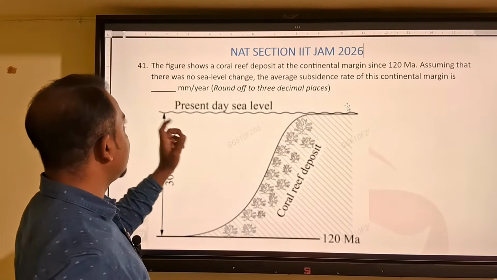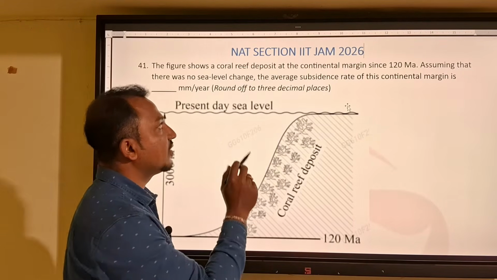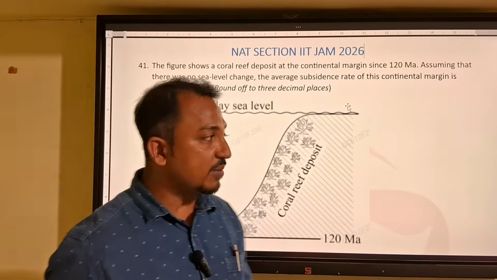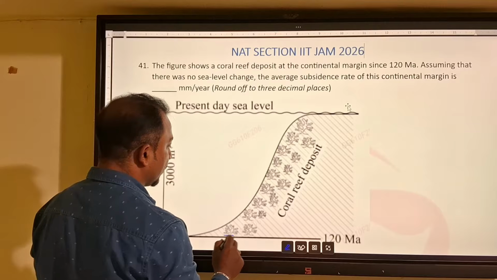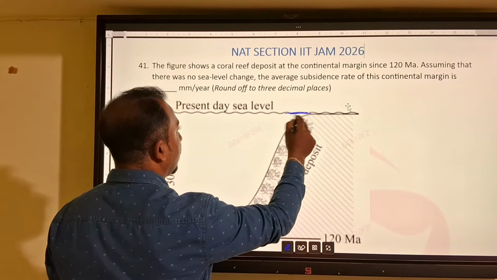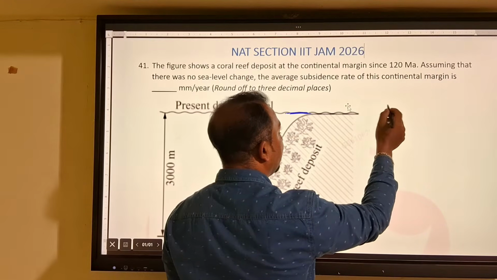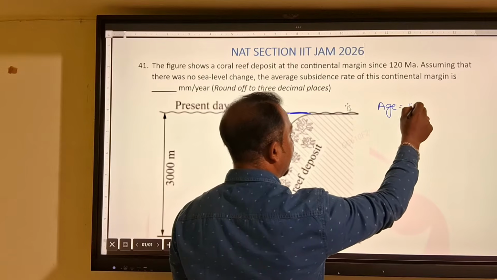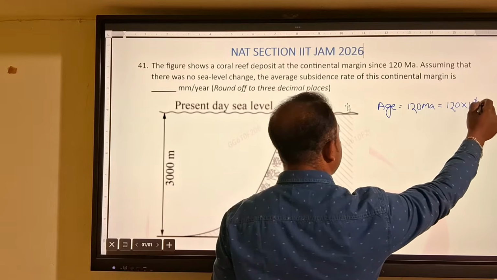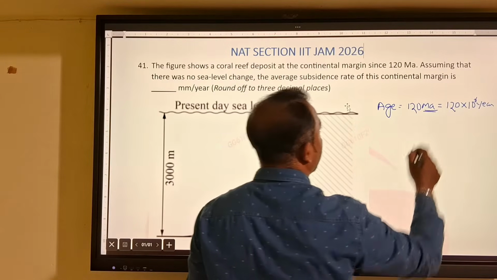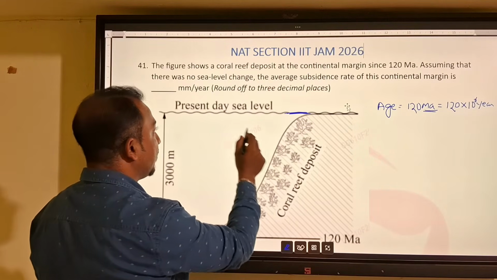So the first question here is given. This is the figure where a coral reef is deposited at the continental margin over 120 million years. You can see the coral reef is deposited from here to this point, to the sea level. So it takes a time of 120 million years, which will be 120 into 10 to the power 6 years. Million years means million years ago. Then this much time they deposited